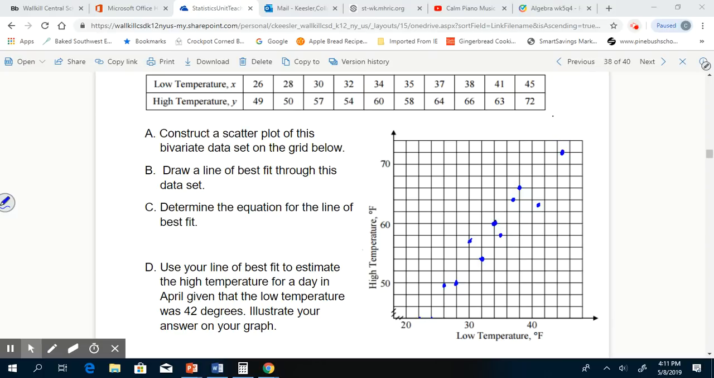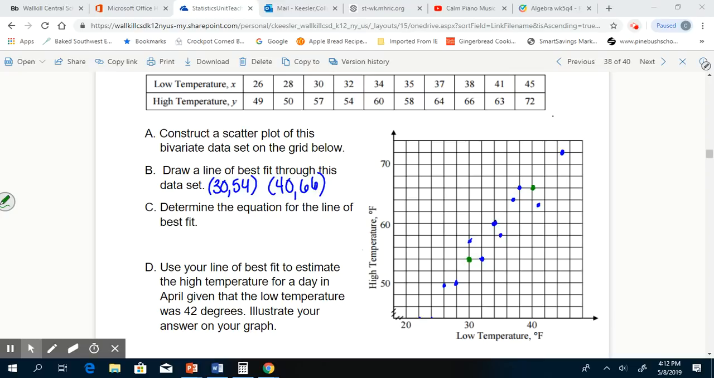Then the next step says to draw a line of best fit through this data set. So I'm going to make this pretty specific so that it works out the right way. We want the line to go through the points (30, 54) and (40, 66). I do that so that when we algebraically calculate the line of best fit, it actually works out. So I'm going to take a different color to show you where those points should be. So (30, 54) is here, and (40, 66)